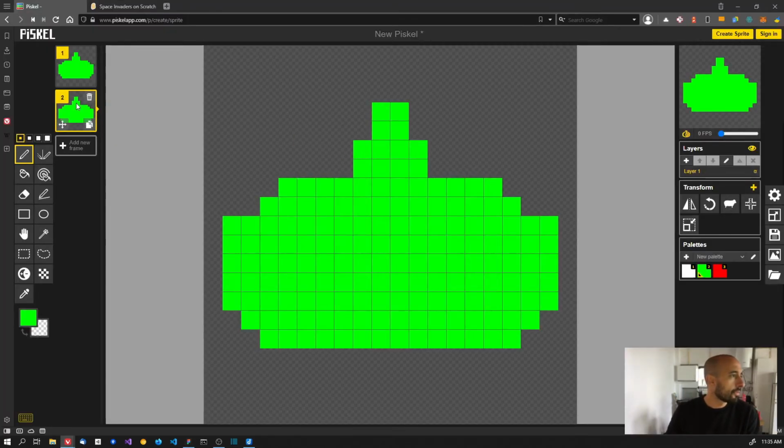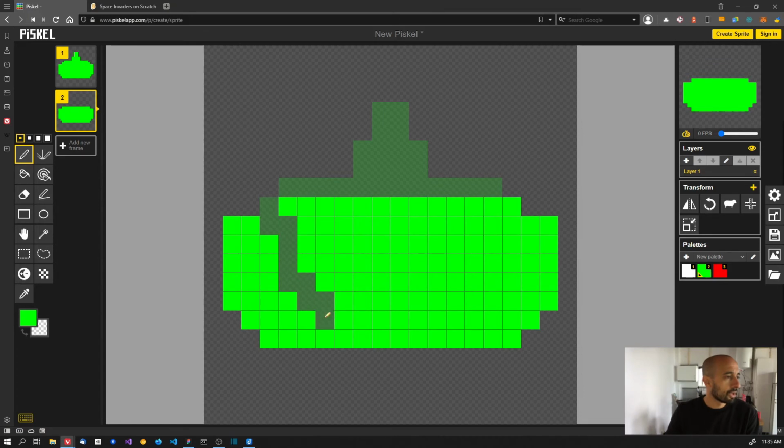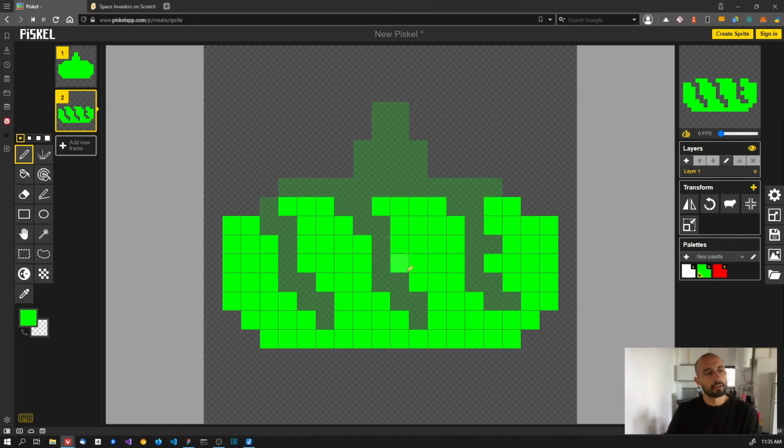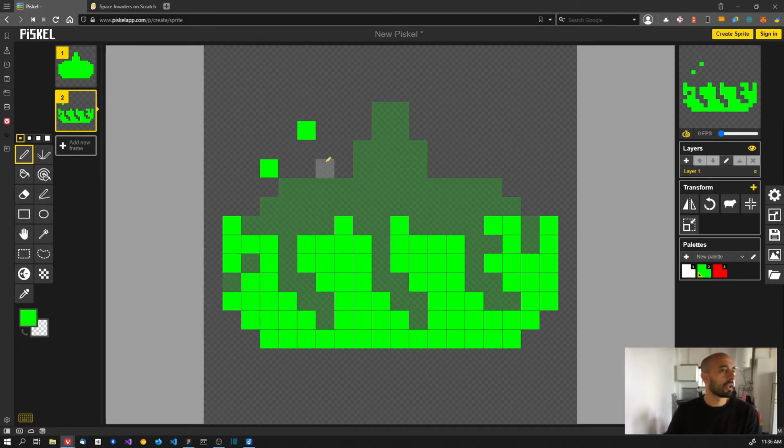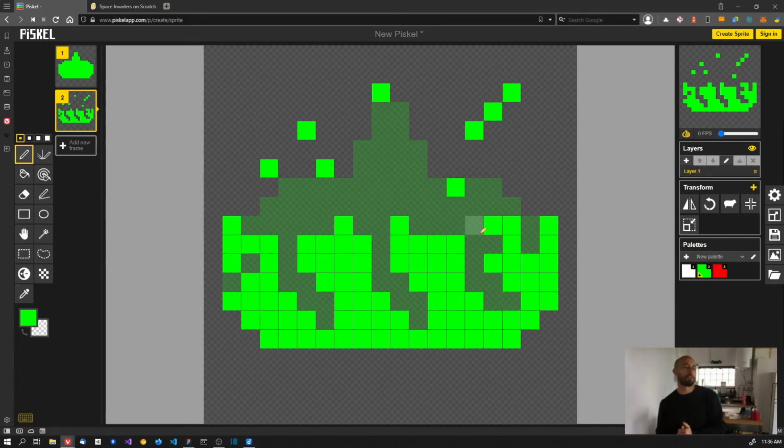So we can come here on our second frame and just delete this top part, something like this, and then we can create some lines like this. It seems that the body is being destroyed. I'm not going to make it too... yeah, something like this, and then we can add... yeah. So this is our first frame. It looks like the ship is being destroyed. So you just see, if I put this here, yeah, you see, it gives the illusion that the ship has